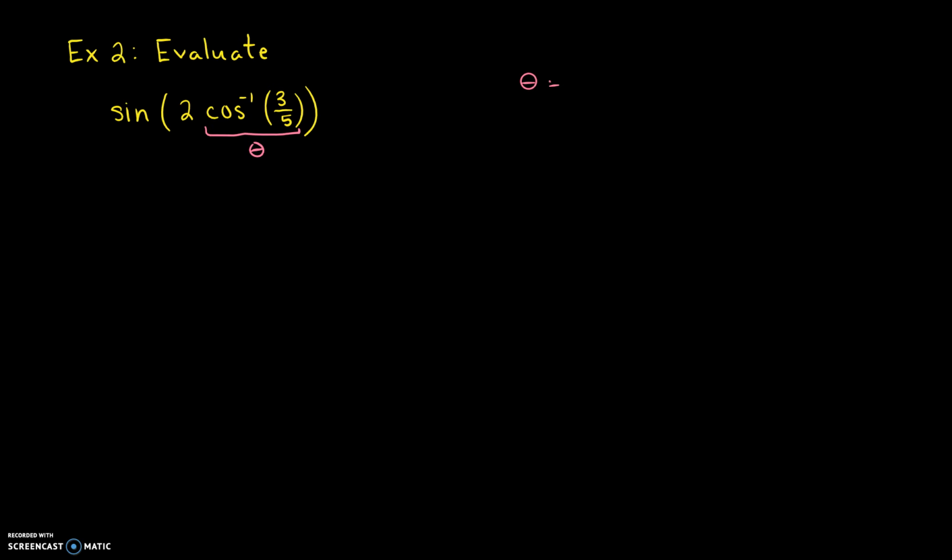So theta is equal to cosine inverse of 3 over 5. And again, just verify that this 3 over 5 does fit the domain, and it definitely does. 3 over 5 is in between -1 and 1. And so what we have to do now is just rewrite this thing. So we're going to go ahead and use our definition. So we're going to say cosine of theta is equal to 3 over,